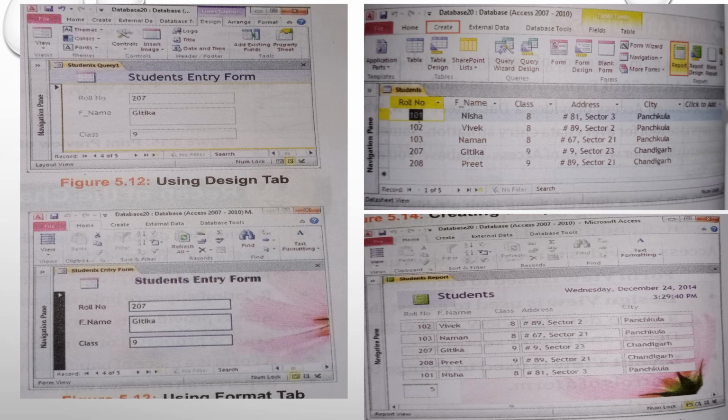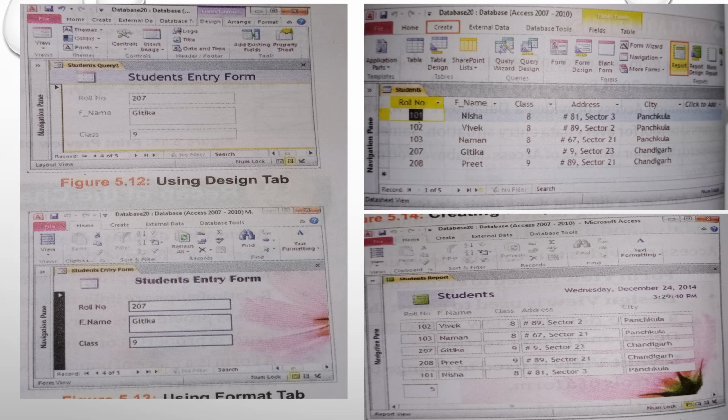The next is report. A report is an effective way to organize and summarize data for viewing or printing. A report can be created exactly in the same way as we have created a form. The only change is that after selecting the Create tab, click on Report in the Reports group.